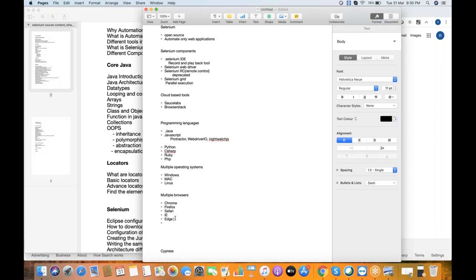I think they stopped developing support for it, and the Selenium people have come up with something to support IE. I heard that, but I'm not sure. Mostly when working in real time, the major browser targets are Chrome, Firefox, and if Mac is there, Safari.